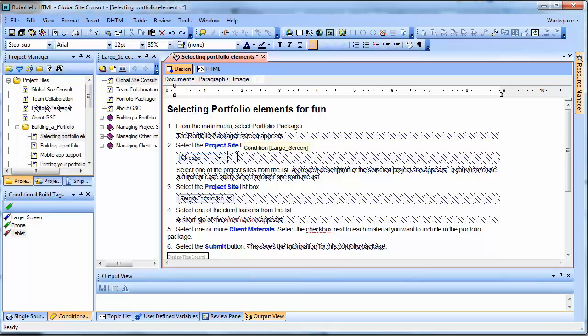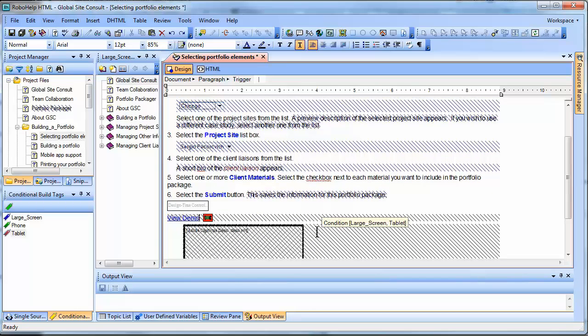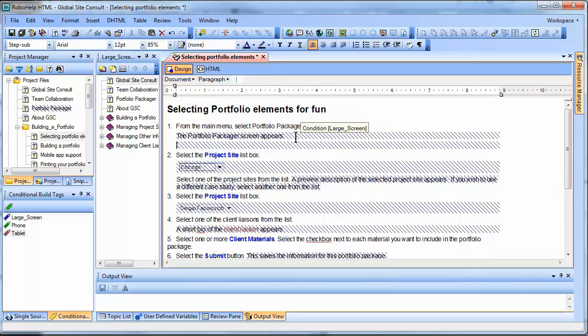If I click my cursor in here, you'll see a little pop-up menu says Condition Large Screen. If I go down to another area, for instance here where it's black, it's saying it's large screen and tablet. That means that two conditions are applied to it. What I'm going to do is create a new portion of text that has no conditions applied to it. When I first type this text in, I'll say this text should be in all versions,